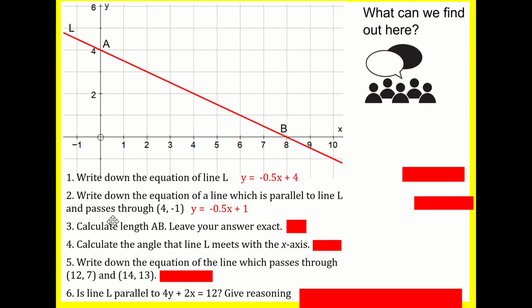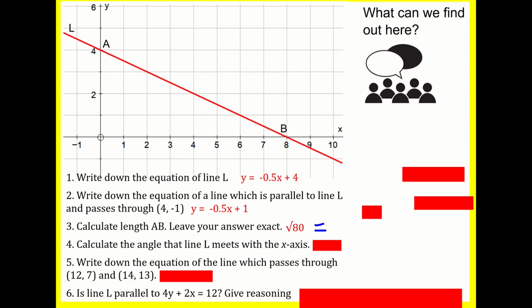It's 1. To work out AB is going to be Pythagoras' theorem. It's going to be 4 squared plus 8 squared, all square rooted. That will give me the square root of 16 plus 64. That's the square root of 80. And that can be cancelled down. Oh, wait. I've written 80 there. That can actually be simplified